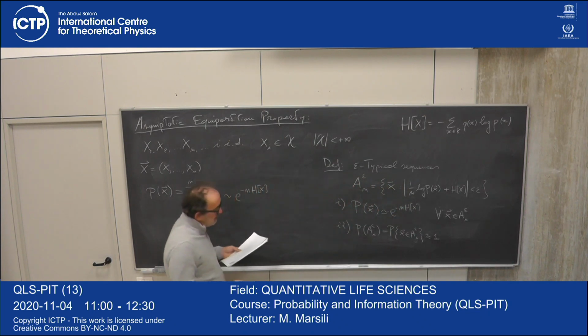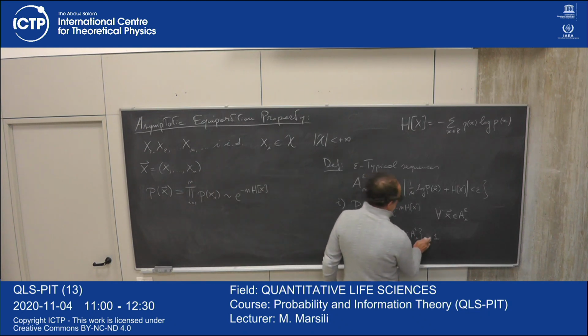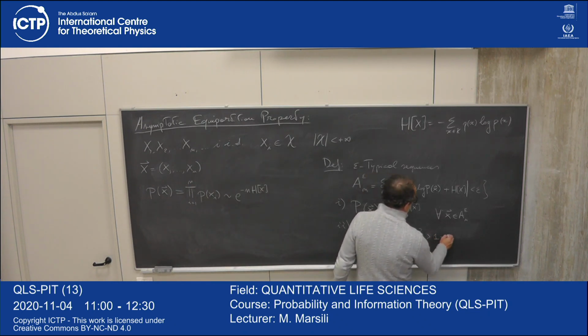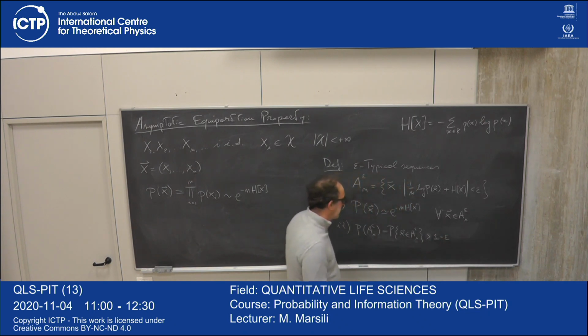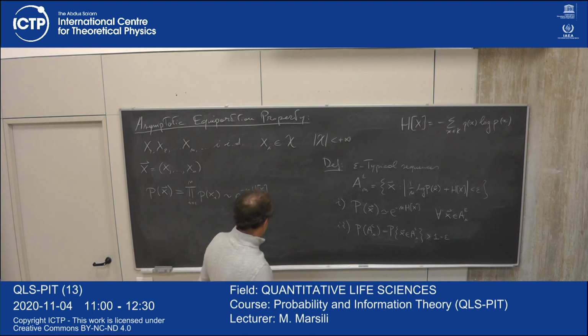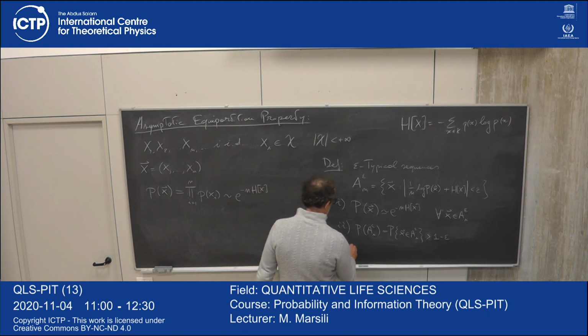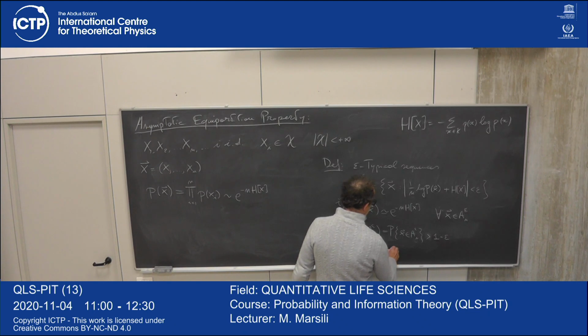And because we almost surely, actually, so you can say that this is larger than something like 1 minus epsilon. Okay, it's very close to 1, asymptotically close to 1. And as a consequence of these two things, the number of epsilon typical sequences is essentially of the order of e to the n times the entropy.